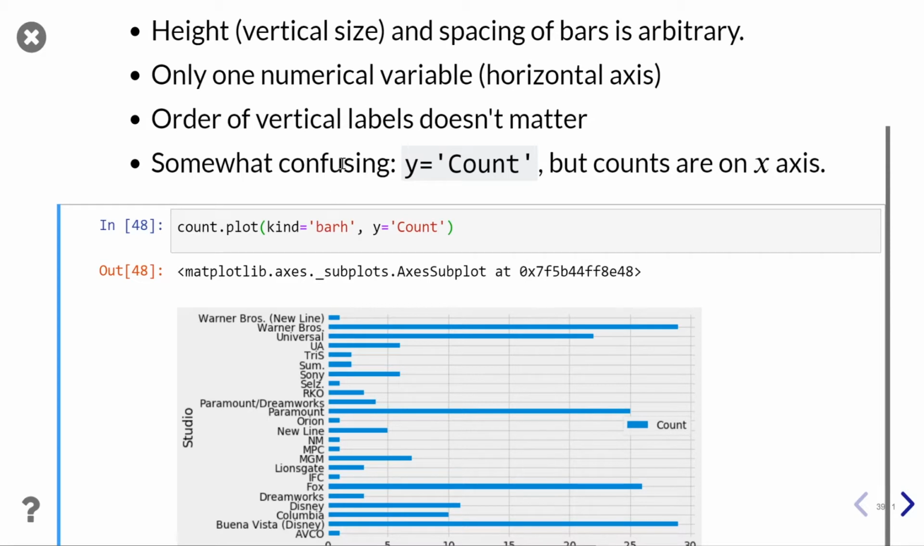Now let me point something out here. I'm calling the plot method with kind equals barh. The h stands for horizontal, so horizontal bar chart. I'm omitting the x keyword argument because I'm just using the index here. Remember, the index of my table is the studio name, and then the y-axis is count. Now,